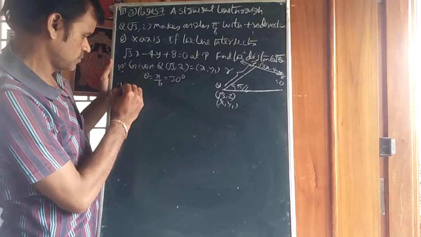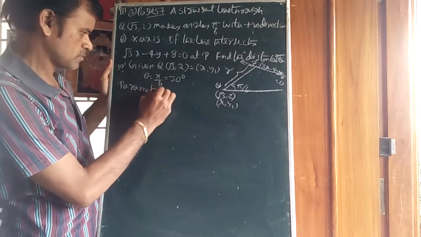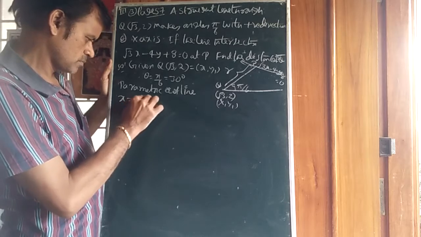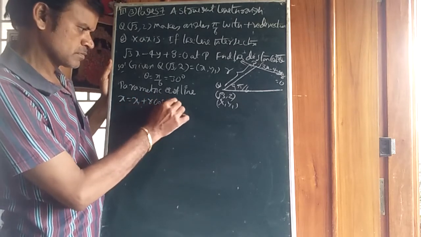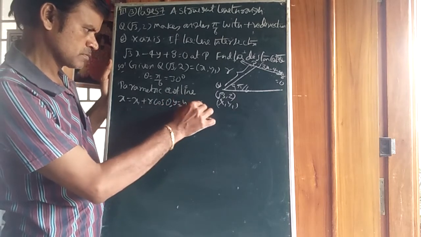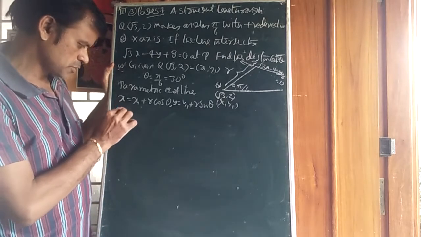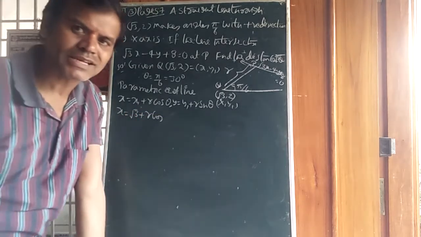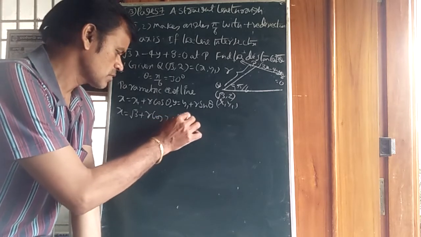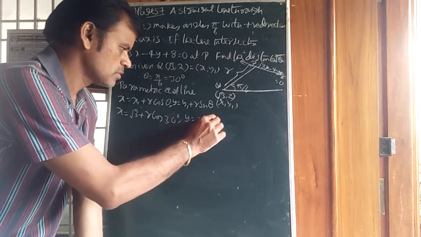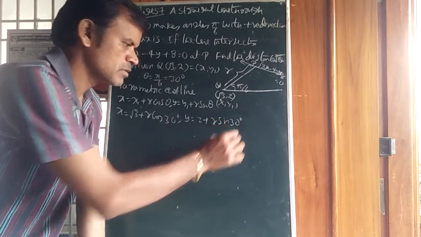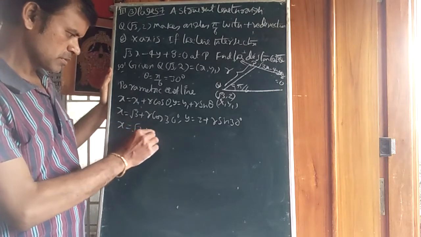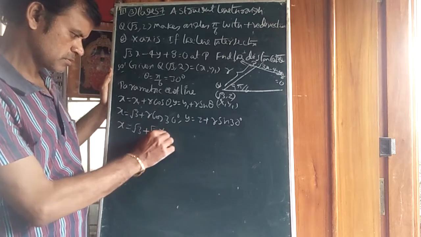Apply the formula: x is equal to root 3 plus r cos 30 degrees, since pi by 6 means 30, and y is equal to 2 plus r sin 30 degrees. x is equal to root 3 plus